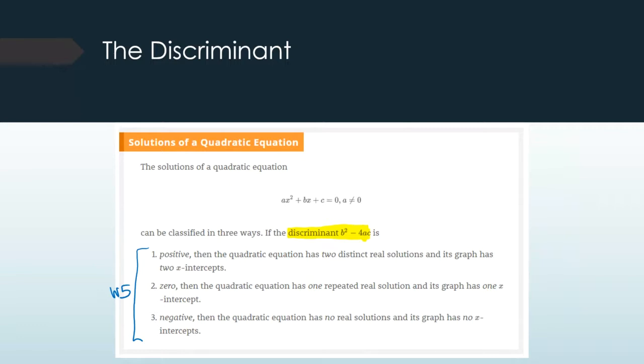If it's a positive number inside the square root, you get 2 solutions. If inside the square root you get 0, then there's only 1 solution because the 2 possible solutions would be the same number. We saw one of those examples yesterday when we were solving by taking square roots. Inside the square root was 0, and that gave us 1 solution. And if inside the square root you get something negative, then it has no real solutions, which means it has no x-intercepts. It has 2 complex solutions, which is something you'll learn in 1.5,